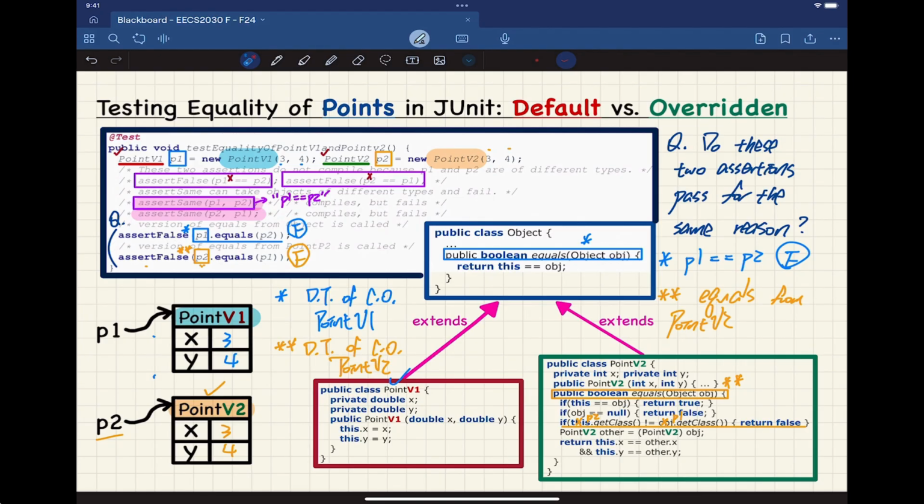The parameter obj, it's Object. Why doesn't obj.getClass return Object? Because, okay, that's a good question here, a fair one. The question was,